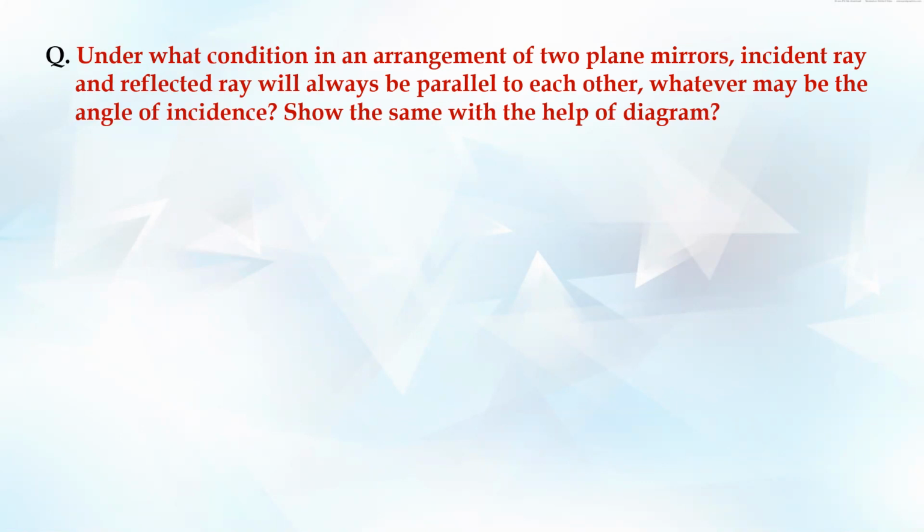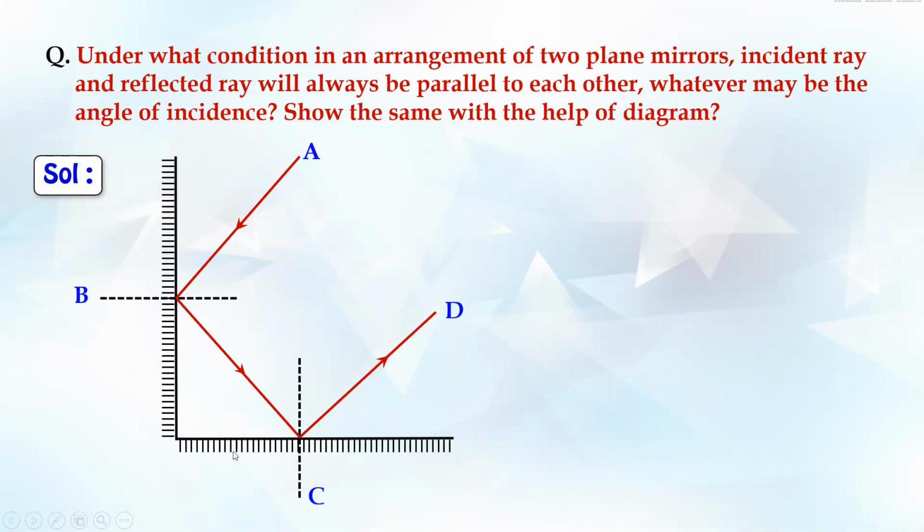So in this case, we have two mirrors, right? So we have to find such a criteria in which incident ray and reflected ray will become parallel to each other. It's only possible if both the mirrors are perpendicular to each other. Incident ray comes, hits, it goes again, hits the reflector again and comes back, the final reflected ray and the initial incident ray, both will be parallel to each other. Both the mirrors should be perpendicular to each other in this case.